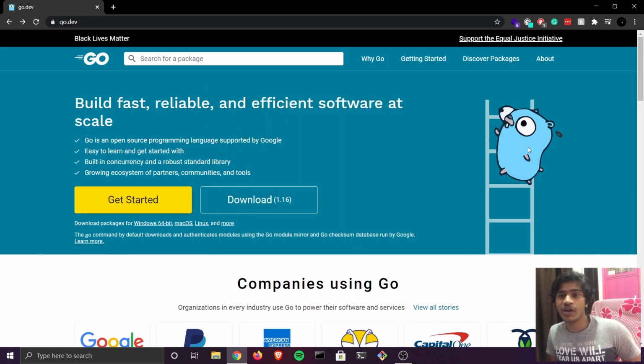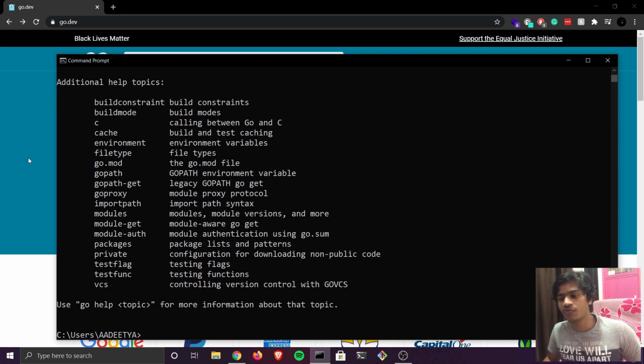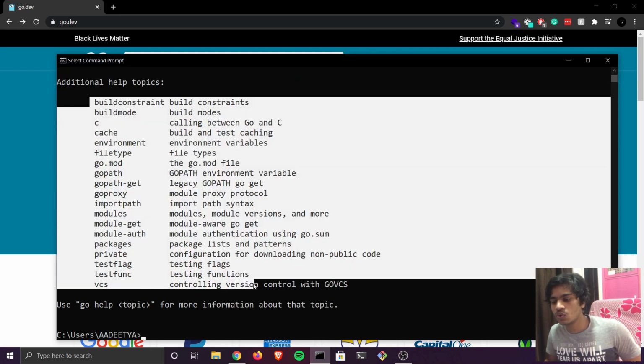So now that we have installed Go, let's check if it's running on our machine and it is installed correctly. Just open CMD and type in the command go. If we see all these commands, that means Go has installed properly on our system. But if you see something along the lines that go is not an internal or external command, that means Go is not installed properly. Just go back to the installer and click on repair. It will do the job, and if not, just let me know in the comments and I'll try to help you out.